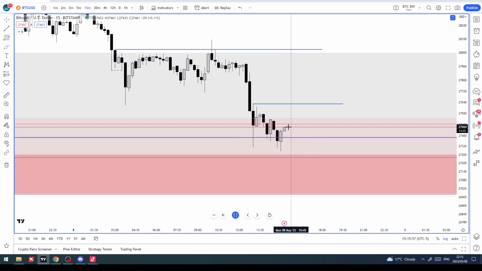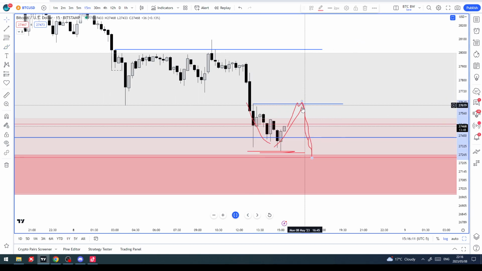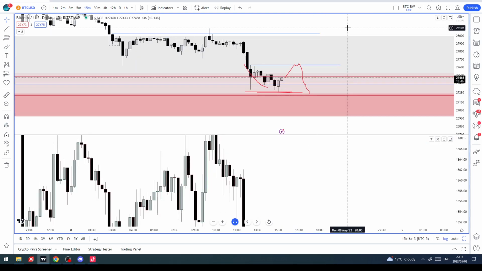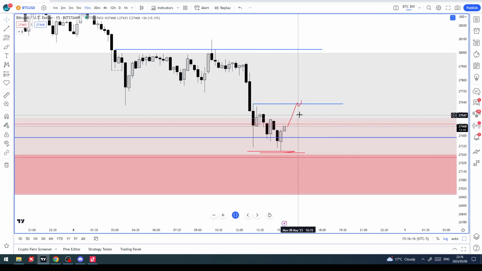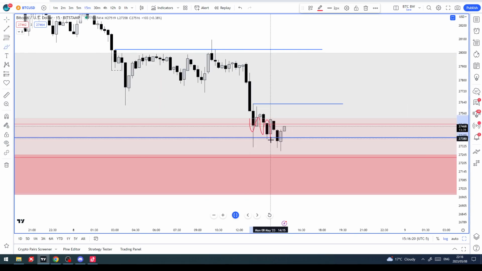We wait. Even if they do this, likelihood is that this becomes a failure swing. They go for the open liquidity run and take the low here, then give us a CSD to do that. Again, this is not the type of delivery you want to see for reversals. You don't want to see sloppy delivery like this, right? That doesn't give us any indication of CSDs, market structure shift, none of that.